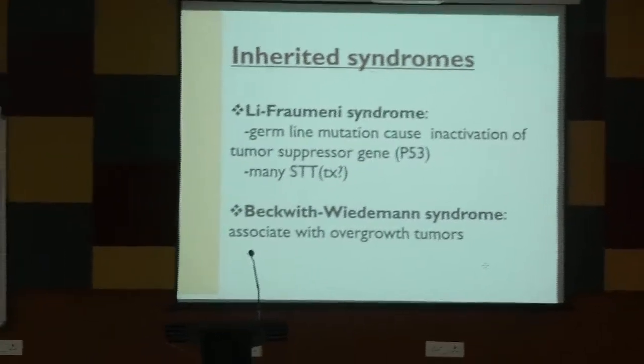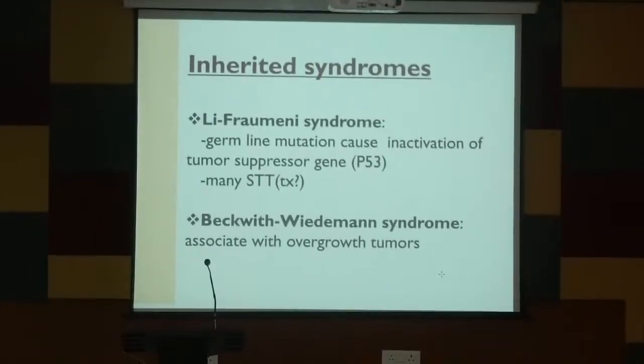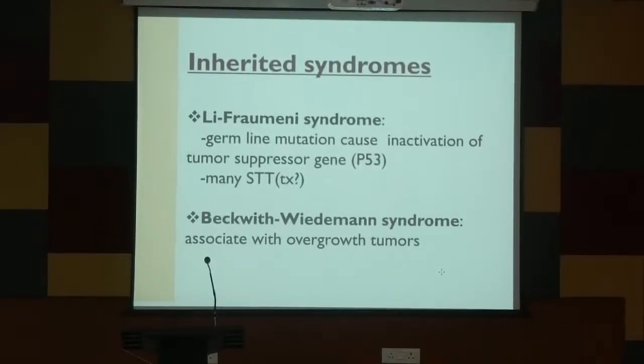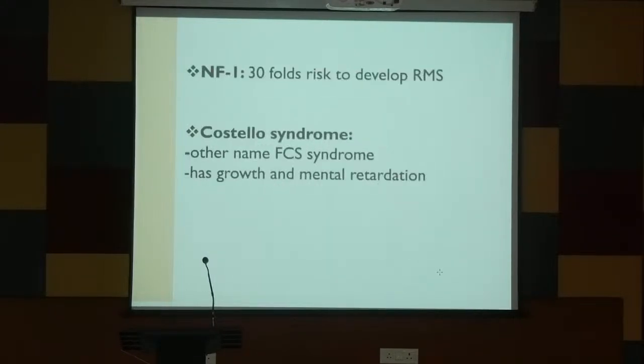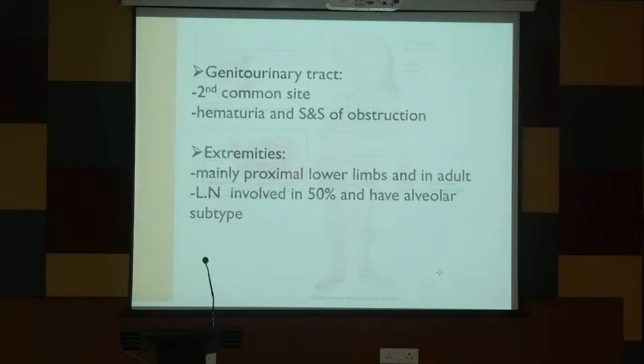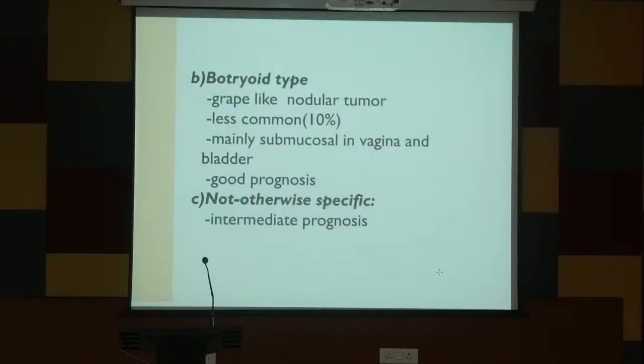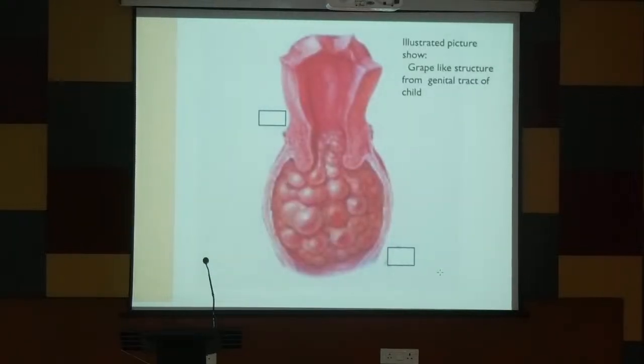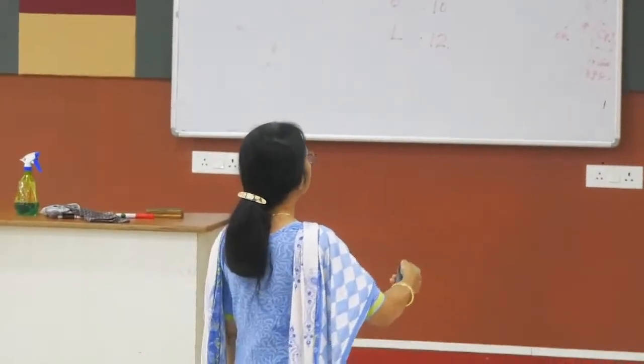Li-Fraumeni syndrome, germline mutation, P53 word টা মনে রাখো, P53 মিউটেশন, P53। বেকউইথ-উইডম্যান সিন্ড্রোমটা অত বেশি দরকার নেই, বাট লি-ফ্রাউমেনিটা জিজ্ঞেস করে। কস্টেলো সিন্ড্রোমটা ওটারই আলাদা নাম, মেন্টাল রিটার্ডেশন অ্যাসোসিয়েটেড থাকে। এগুলো জেনিটোইউরিনারি ট্র্যাক্ট, এক্সট্রিমিটিসে বেশি পাওয়া যায়। এই ওয়ার্ডসগুলো যেগুলো পড়ছো, বট্রয়েড, এগুলো ভীষণ বেশি কমন না। So don't go after all this minor classification. আমি এক্সামিনেশন পয়েন্ট অফ ভিউ থেকে বলছি যে এতগুলো তোমাদের অত বেশি দরকার নেই। Just to give you an impression I am showing you. এগুলোতে লিম্ফ নোড বায়োপসিটা ইম্পর্টেন্ট।